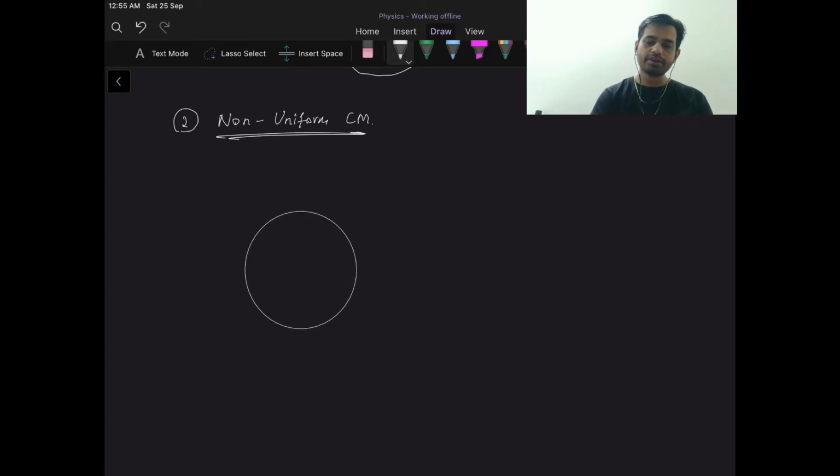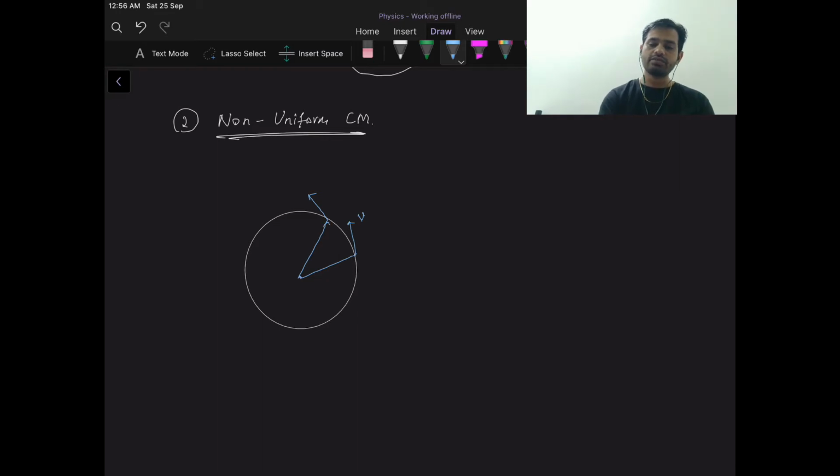So what happened here? If a particle is moving in the circle and the speed is also changing, then it is called non-uniform circular motion. But we can assume that in a very small time dt, this particle moves by a very small distance,